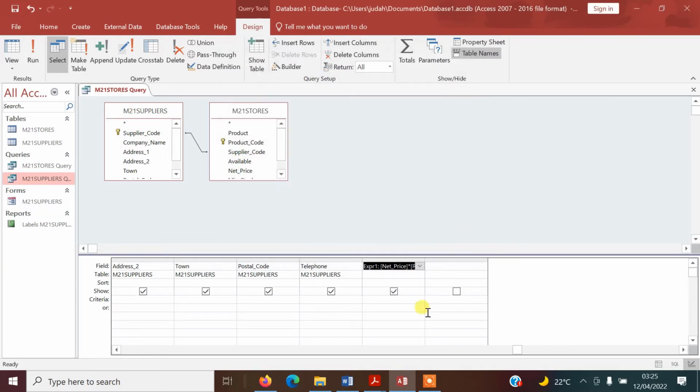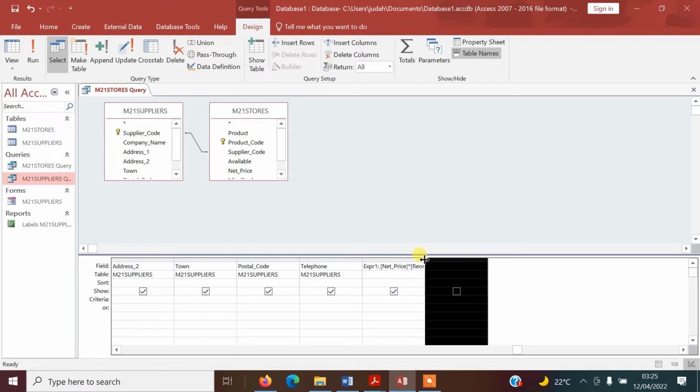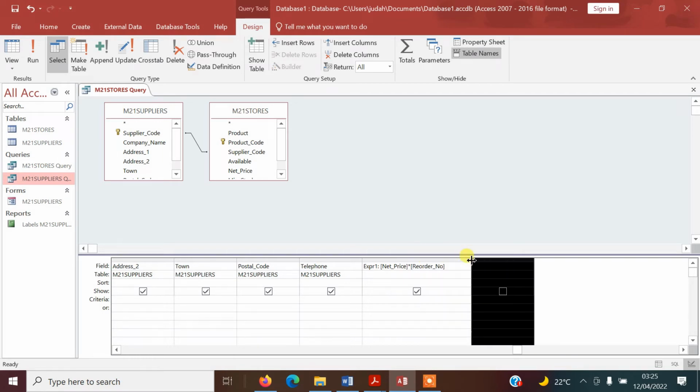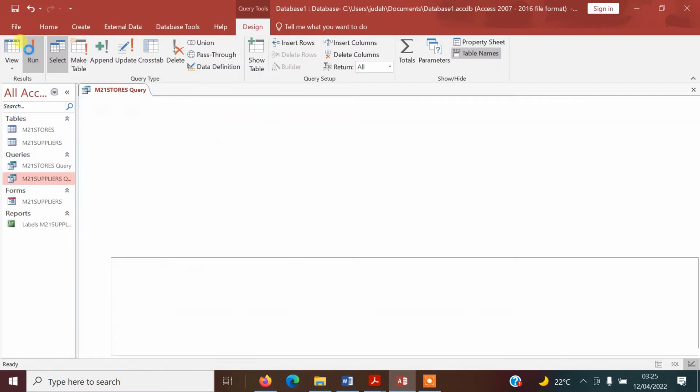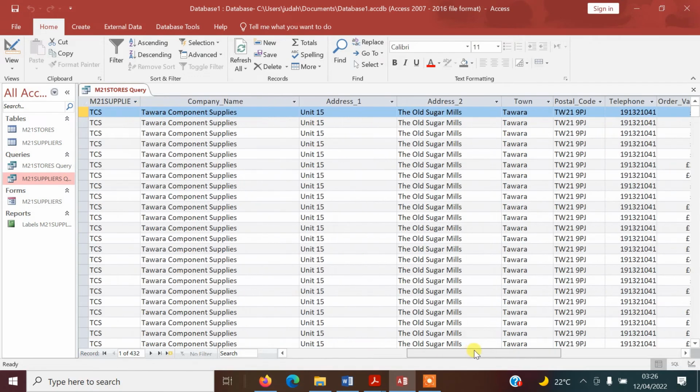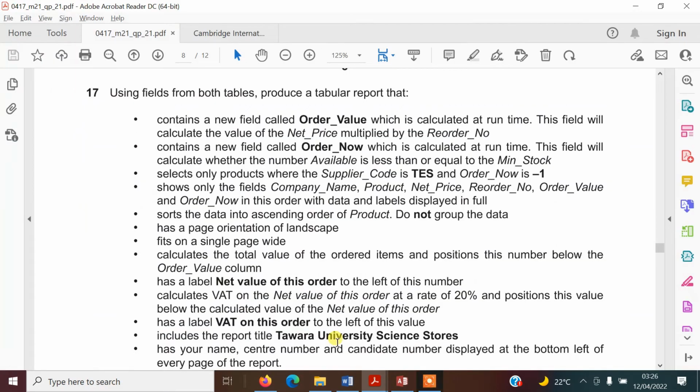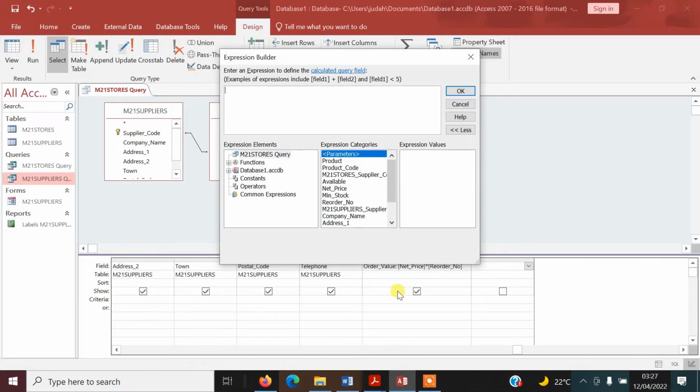And then I'll just open this so you can see. So we're just going to change expression 1 to the name that we need to put in here. So it's order underscore value. So that's the first one done. And we'll just go across and just check that that's done that. Okay, so the next calculated field is called order now, and that will be checking whether the available field is less than or equal to minimum stock. So I've gone ahead and I've opened my builder again. So it is available. We need to find, here it is,